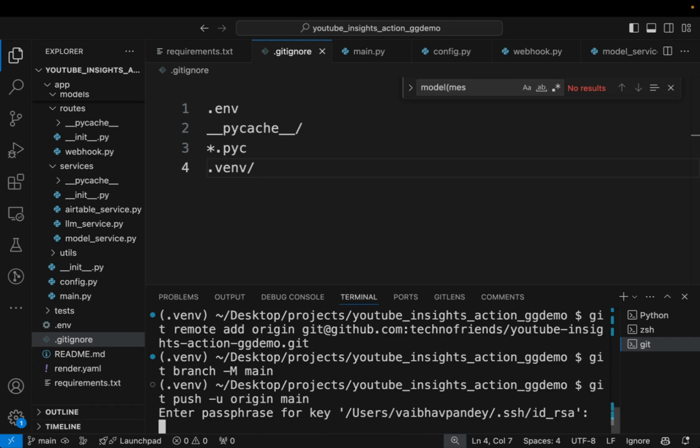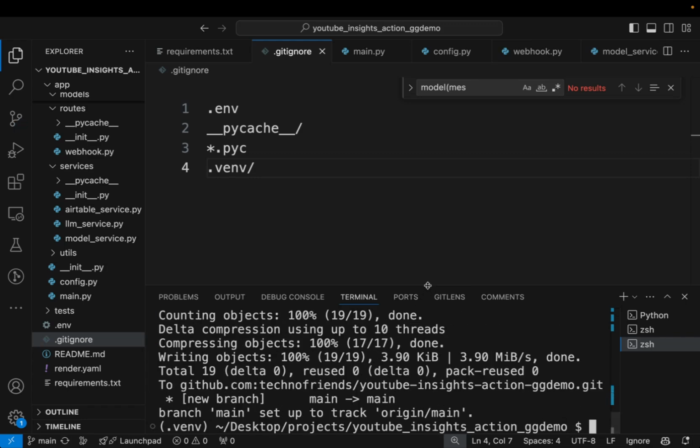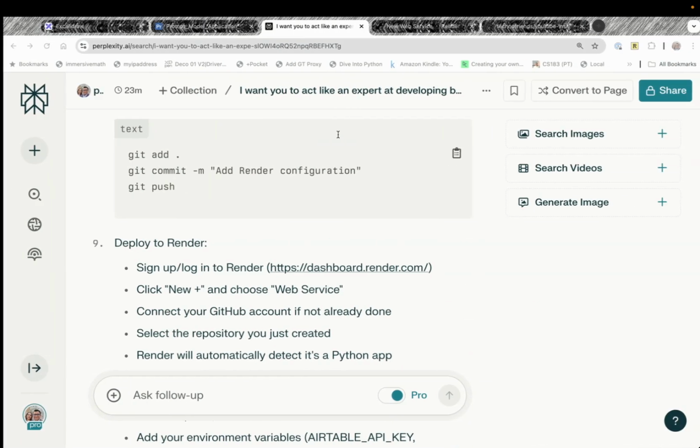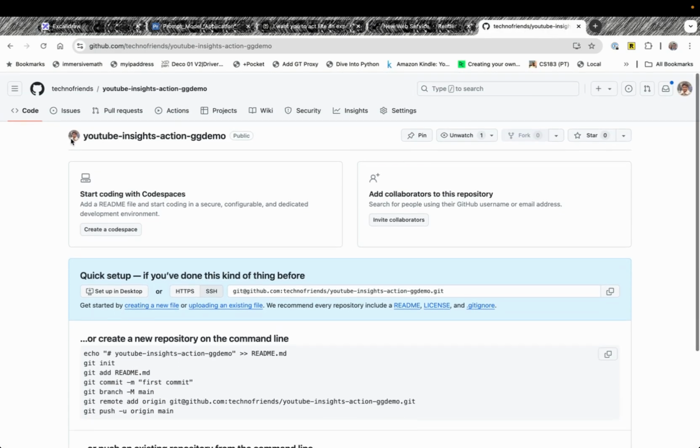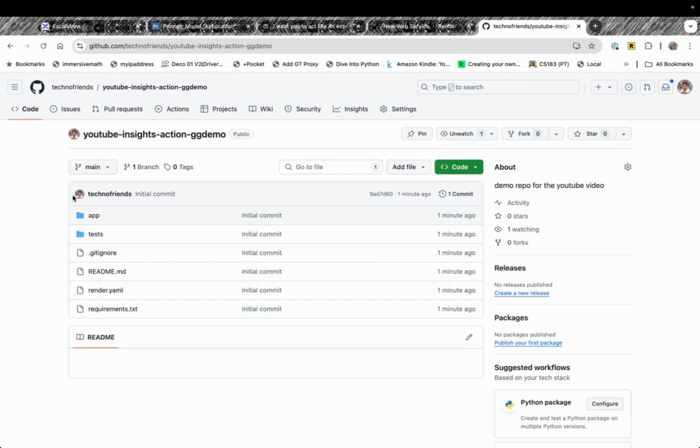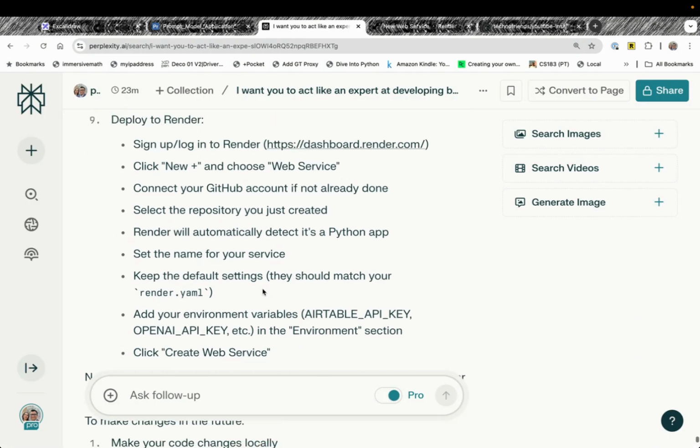Okay, so my repository code is now pushed. So if we go here, we should see that there is code here now, right? Because .gitignore has .env, you don't see any secrets getting pushed, right? So now we have to sign up, click on new, connect your GitHub